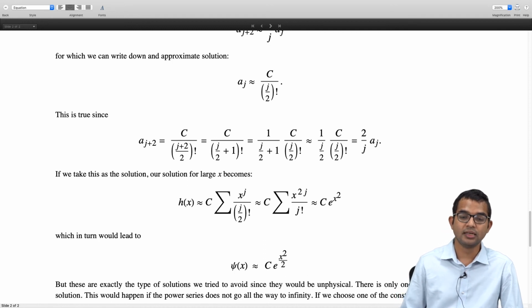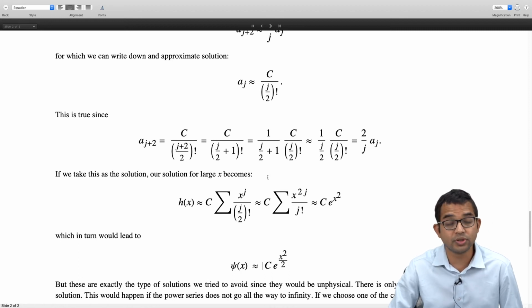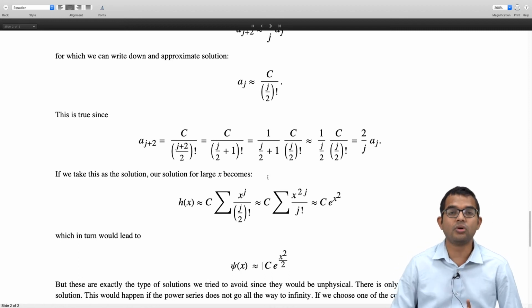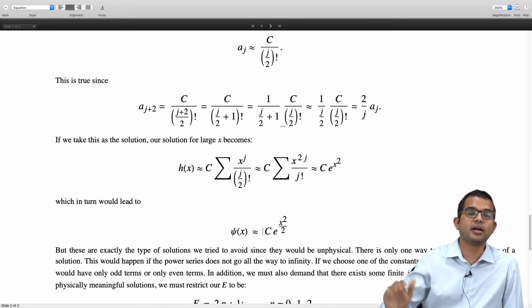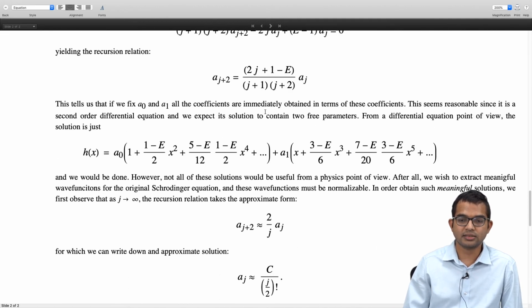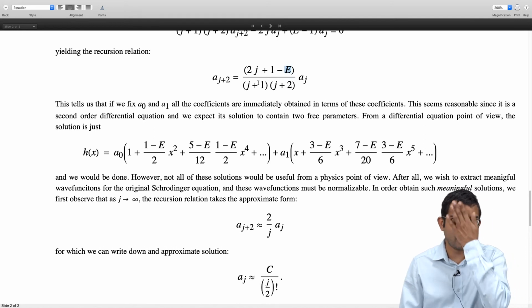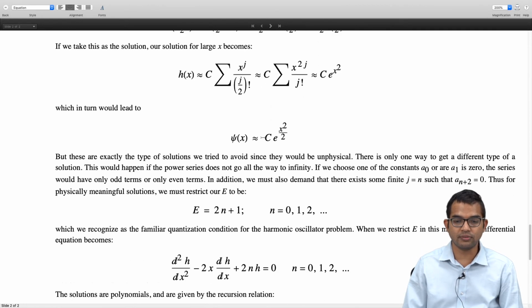So it seems like no matter how you choose your a0 and a1, if the series keeps on going all the way to infinity, if you make j arbitrarily large, it's going to give us a solution which we don't want. So the only way to avoid this, it turns out, is to forcefully truncate the series, right? So you have to choose your energy E in such a way that at some point this series were to terminate,